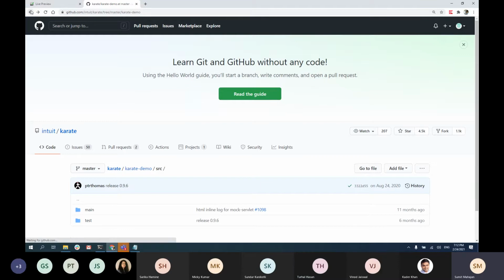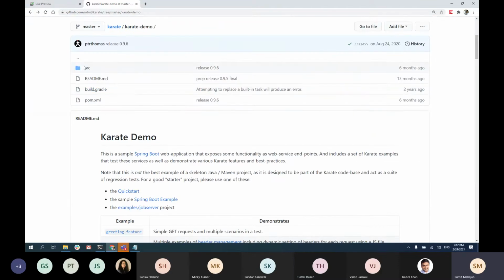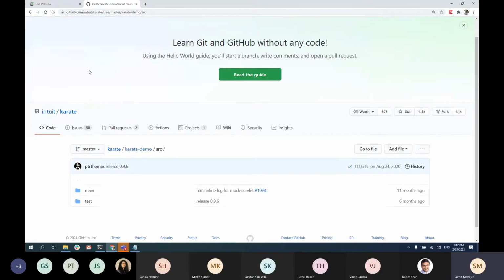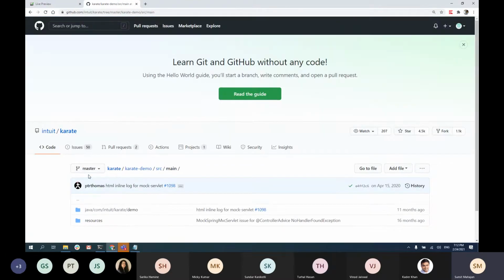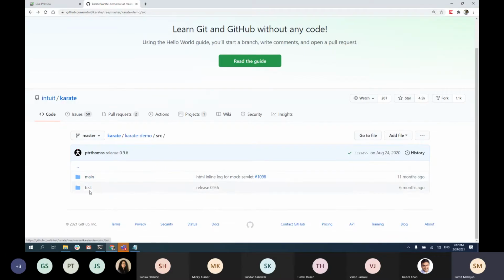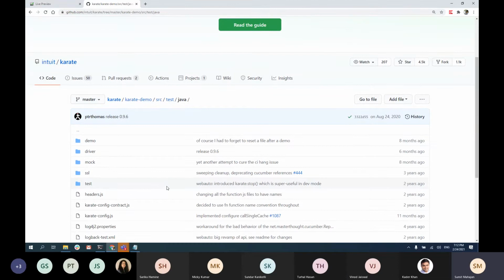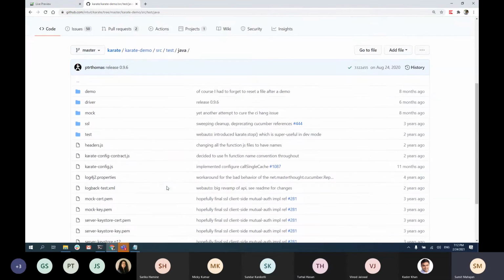The first thing that we need to do before we create a project, so let's assume this is a Maven or a Gradle project: the source package will always be there, and then we'll have a main and a test. Because we are doing testing, we don't need to use main. It's mainly for any development work. But test is what we'll use mostly when we're creating a framework. And then we'll have a folder structure called Java, and then we'll put our packages inside that, right?